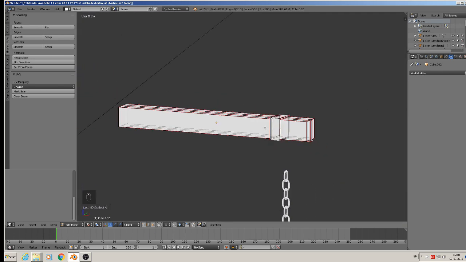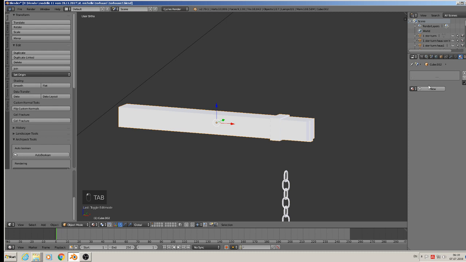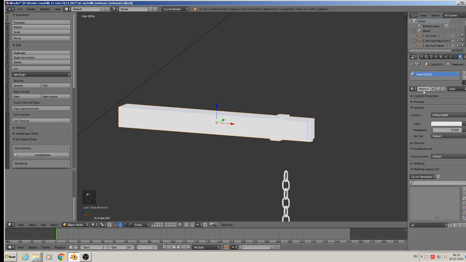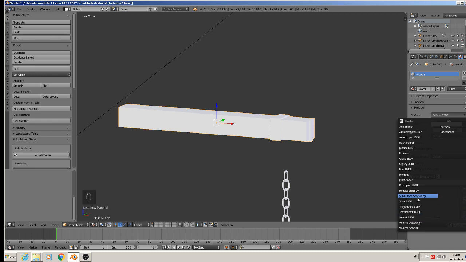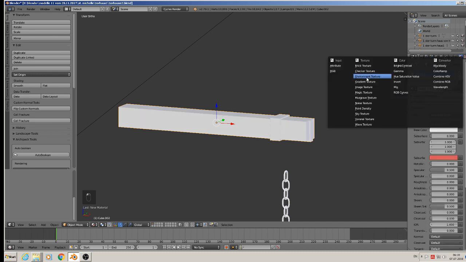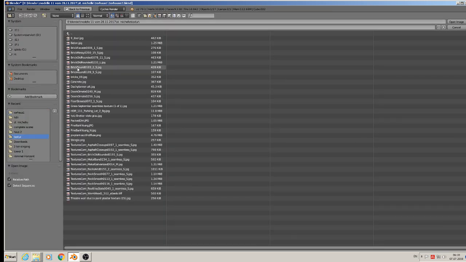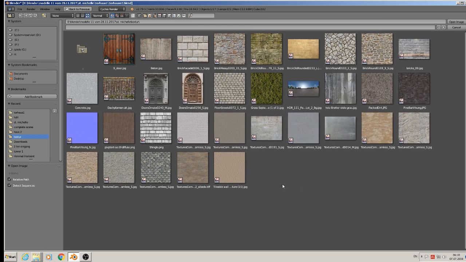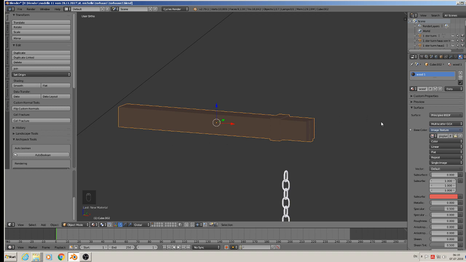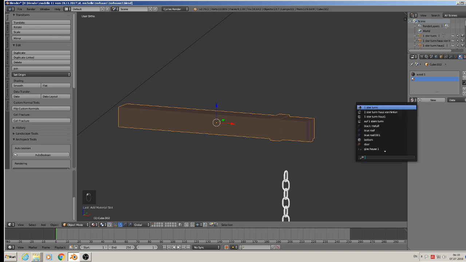So we need here two materials. We need wood and we need a rusted steel. So first is wood 1, we call it simply, and give them principled shader, image texture. We open up and look in our texture folder what we get there, and we get there this wood. And to see that, why we don't see such, because we haven't applied and we haven't unwrapped. So before we do that, new